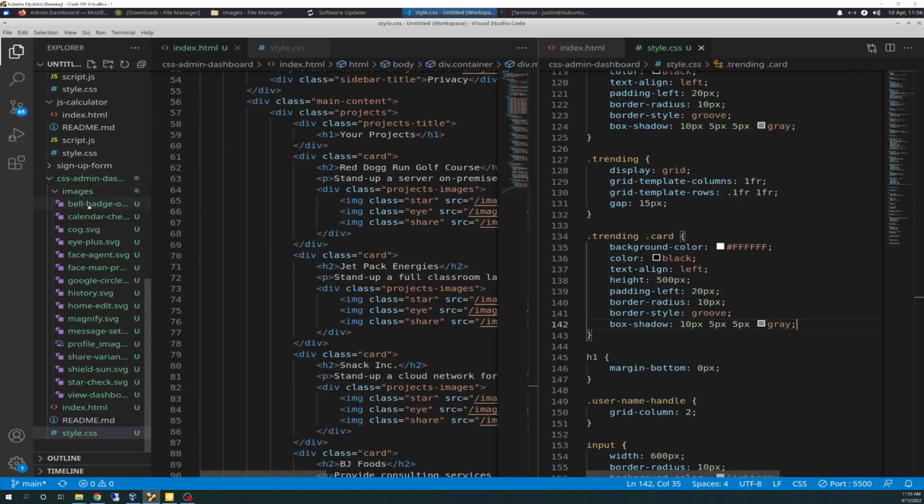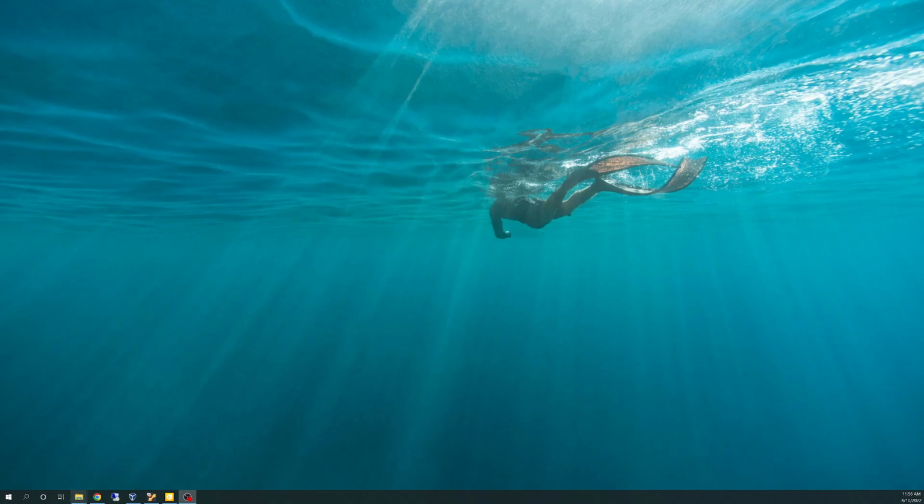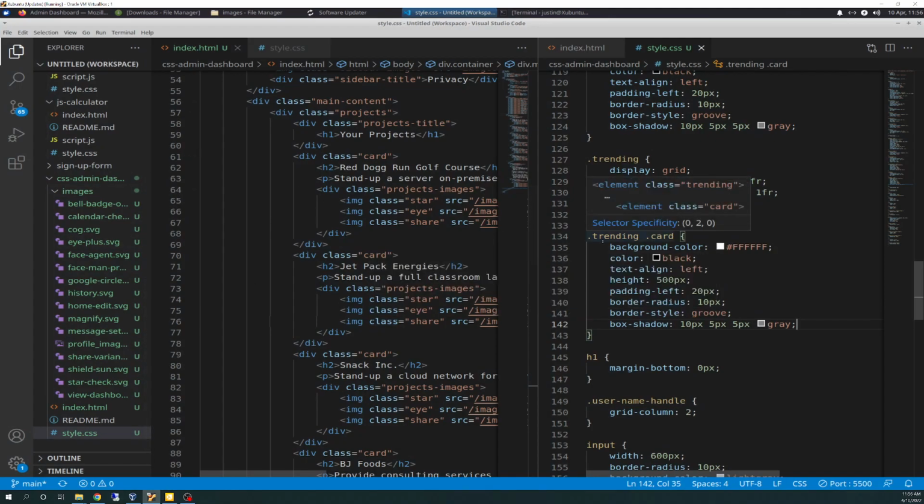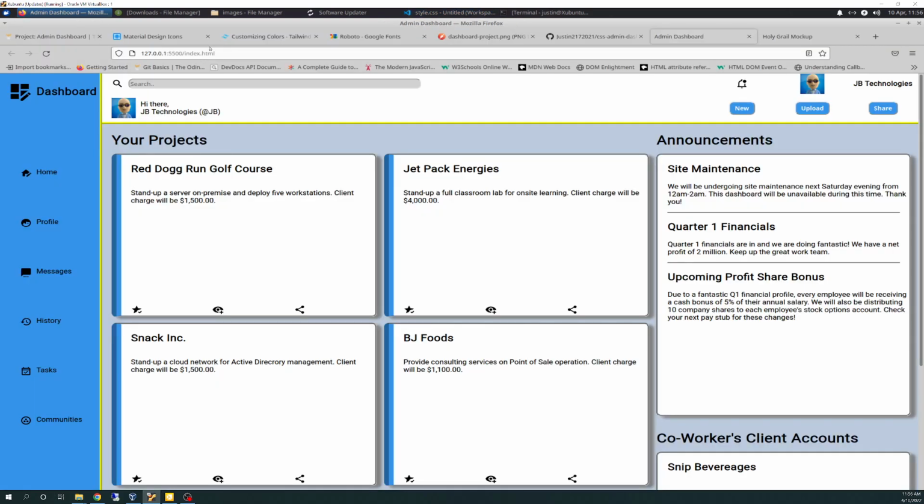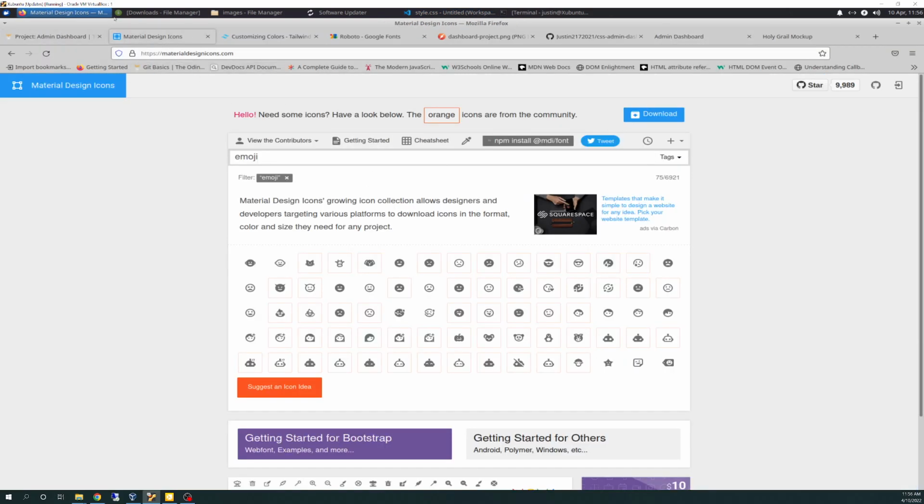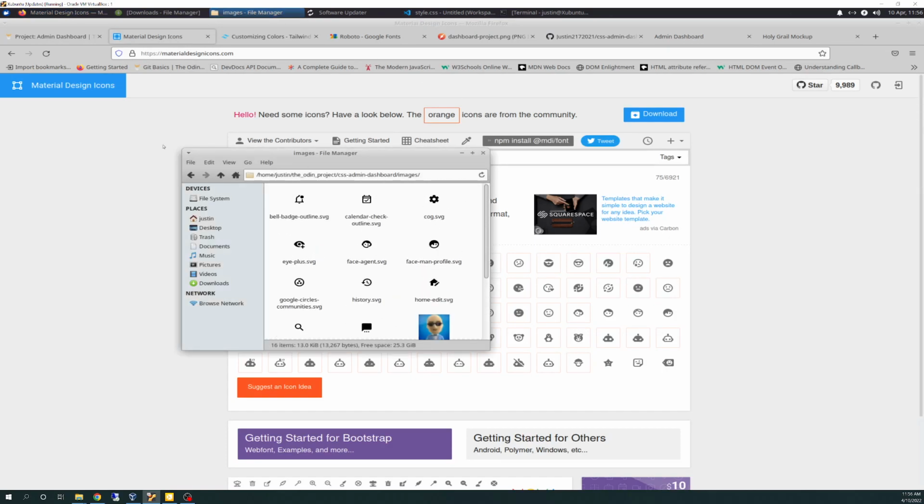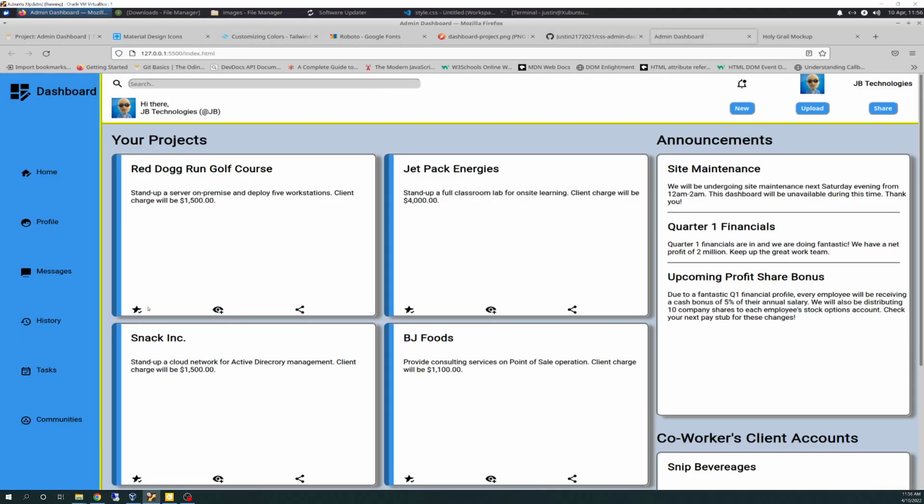So I added a lot more assets to my images folder. A lot more SVGs. Got them from material design. So I went back out here, downloaded a bunch more stuff, put them in my images folder of my projects, and they're out there. And those would be things like, I glossed over it, but like your favorite button here,